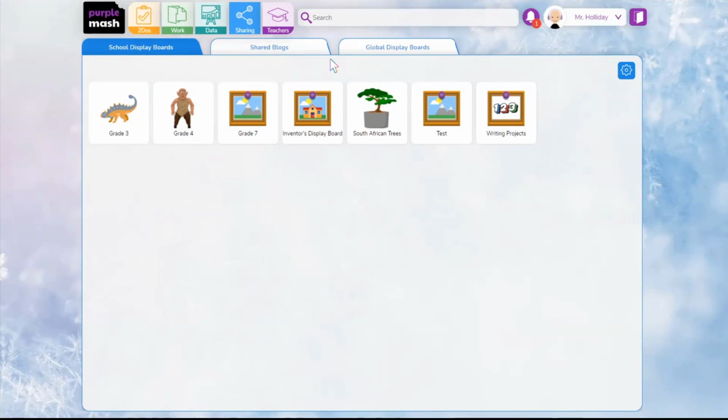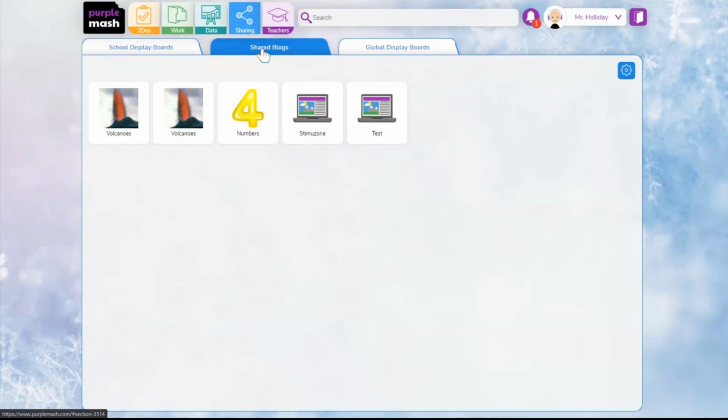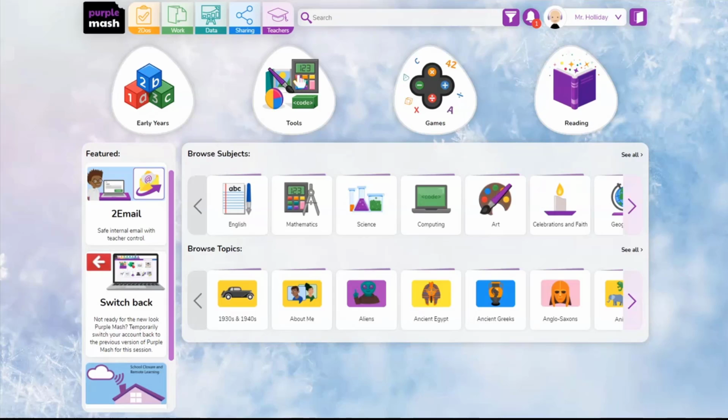Right, and then the next part is going to be blogs. I'm not going to go deep into blogs now because just looking at who's in this session, most of you have had quite extensive training on blogs. I just want to show you, for those of you that don't know where to find blogs, if we go into our tools area